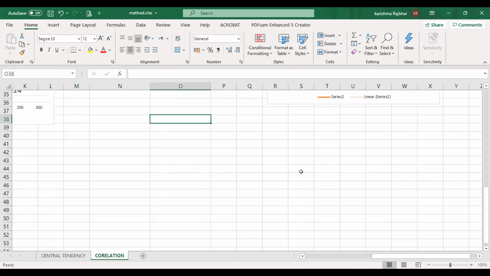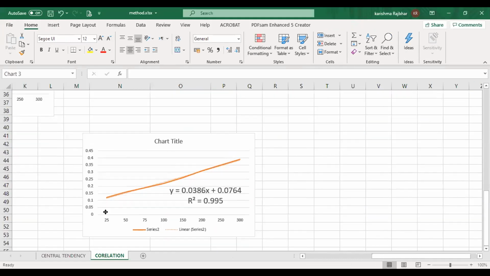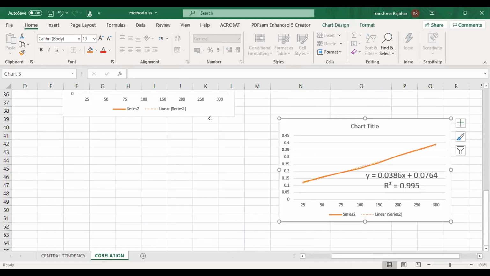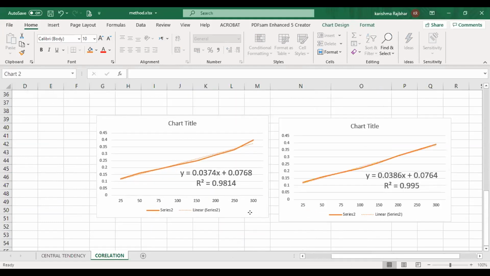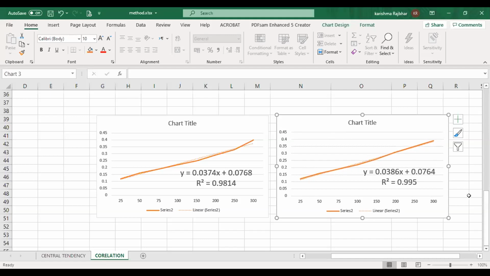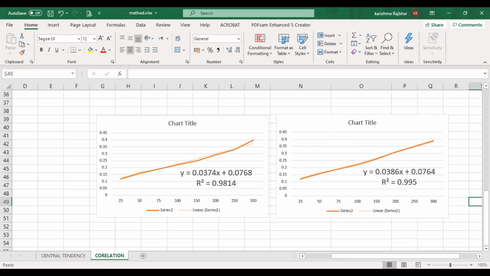Now we will compare these two graphs and tell me which is good to follow. See, are you able to see both the graphs? Yes, ma'am. Okay, now see the R square value. It is 0.98 and it is 0.99. Means which is more strongly correlated? First one or second one? Second one. So this slope is more preferred than the earlier one because here the relation is very strong.